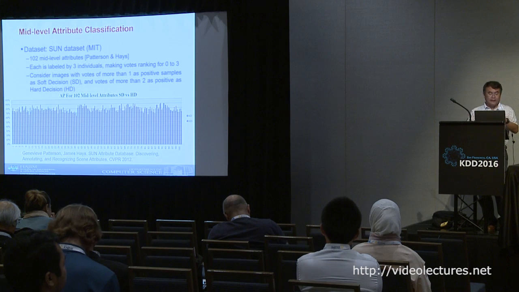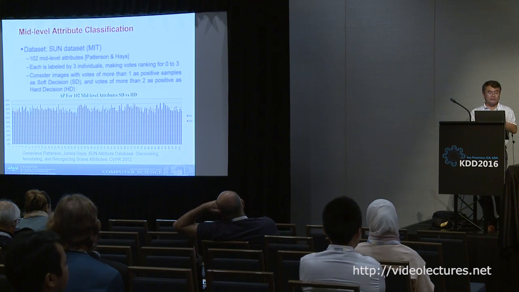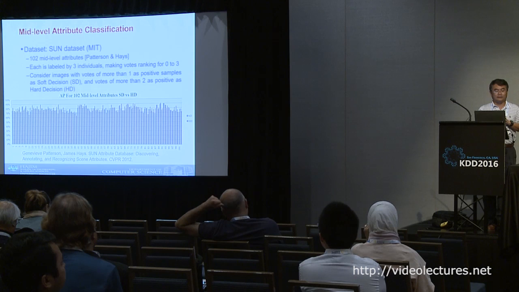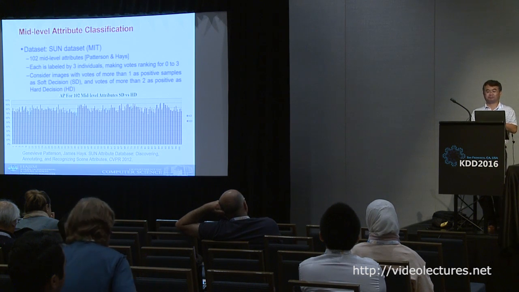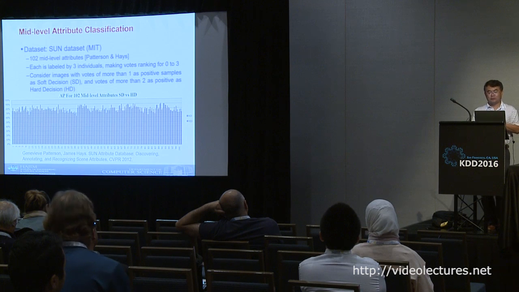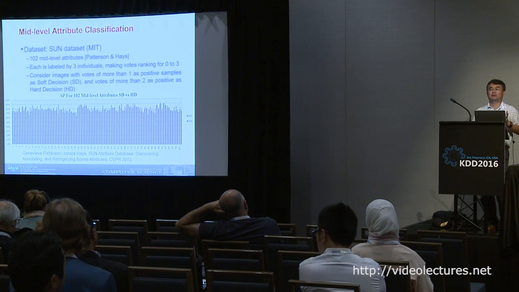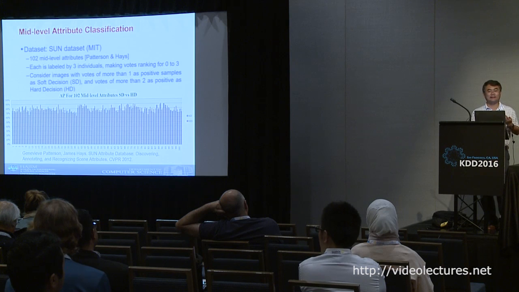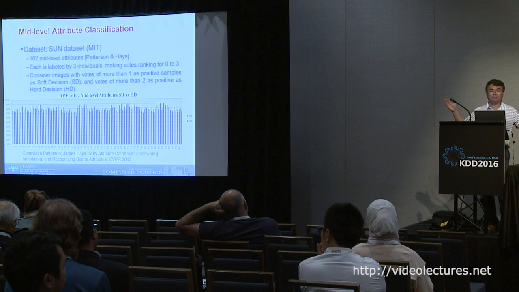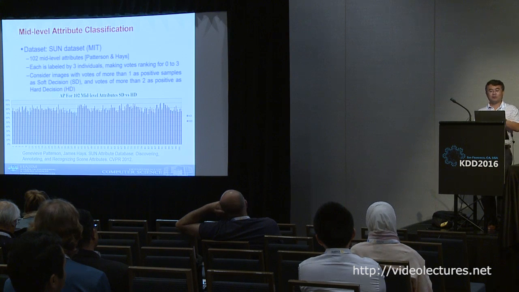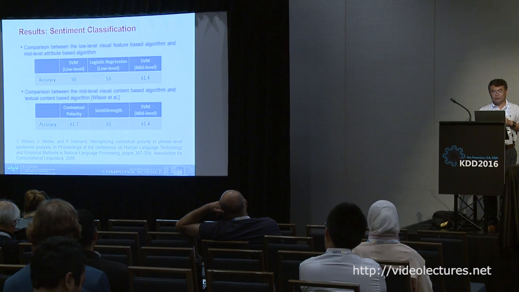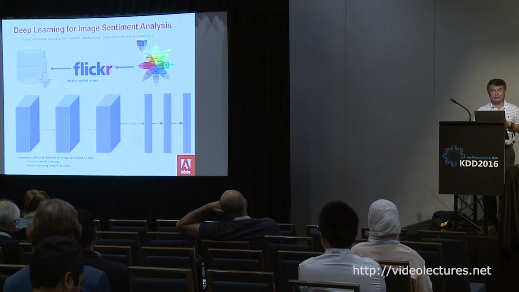So they trained that, and we both tested on the same data set. Incidentally, they also got 61%. Their work, if you look in the literature, is called SentiBank, because they have a bank of 1,200 ANPs. And our work is called Sentribute, for sentiment attribute. Like I said, it's 61%.